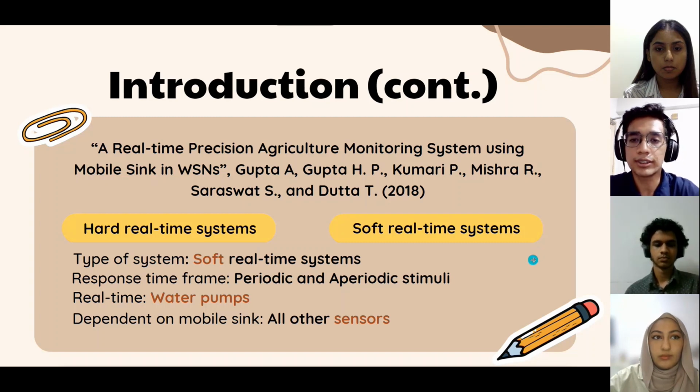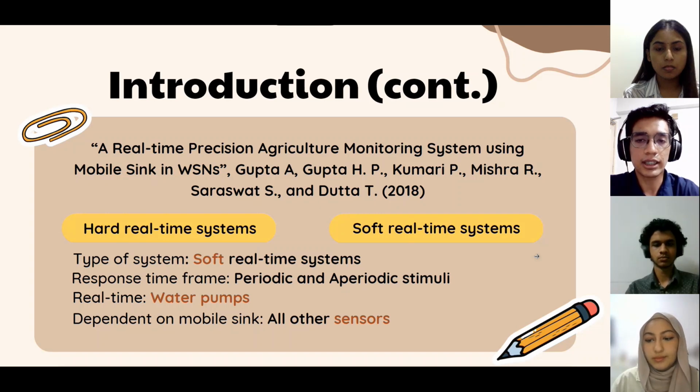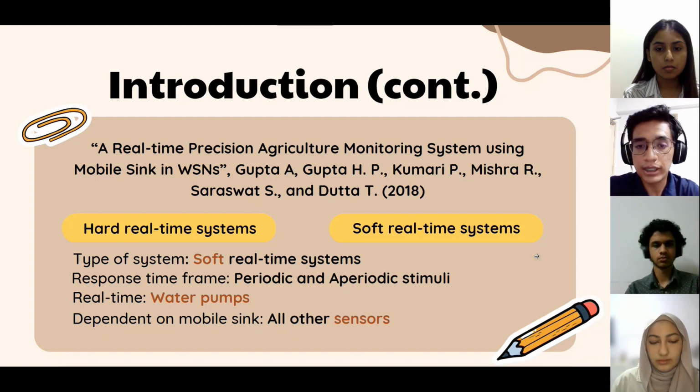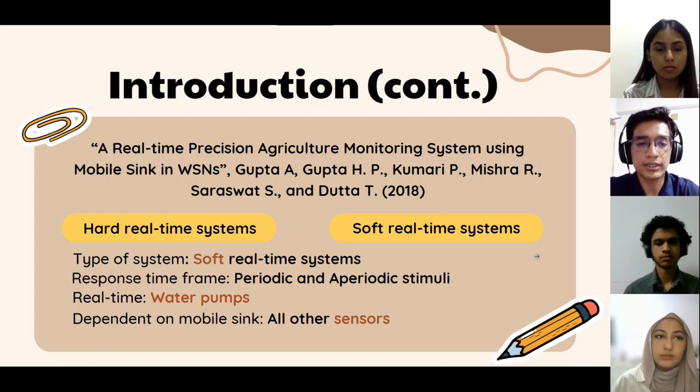For the soft real-time system, if the result is a little bit late and not in a timely manner, it does still have some utility and the system will not suffer from a catastrophic failure. So that's the difference between a hard real-time system and a soft real-time system. For the particular paper that we studied, it is basically talking about how sensors can be applied to a particular agricultural field and how it can help to better optimize watering, and also help to monitor the different